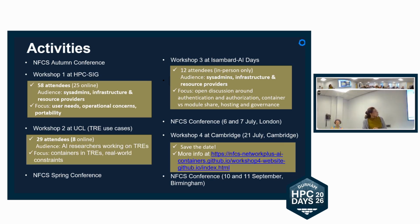Then we had the NFCS conference workshop 3, that was held during the Iceberg AI Days. This workshop was more around open discussion. We didn't have a specific presentation, so we talked about authentication and authorization, containers via the traditional module share, hosting and governance. Then we have the NFCS conference again, in London this time, 6 and 7 of July,